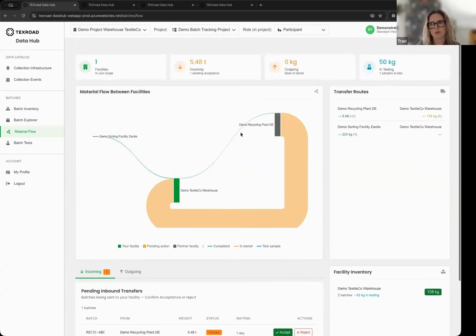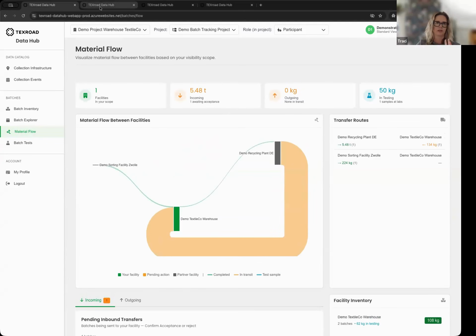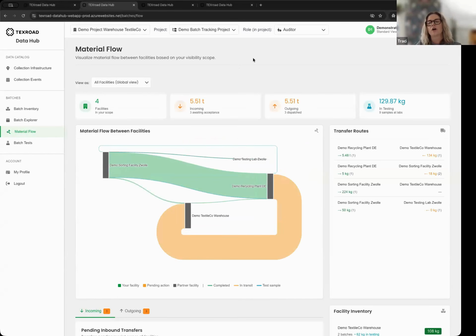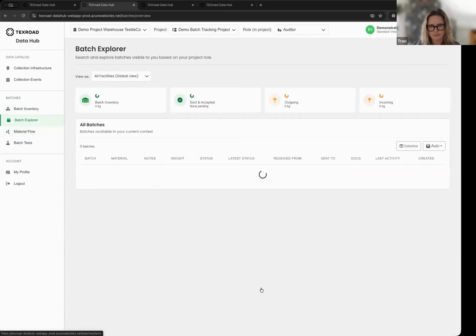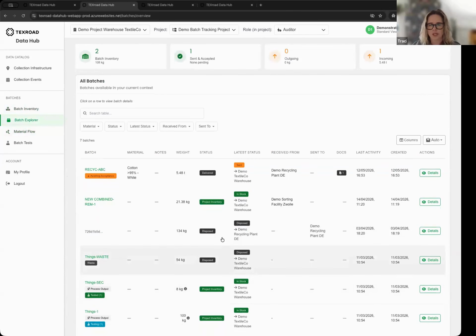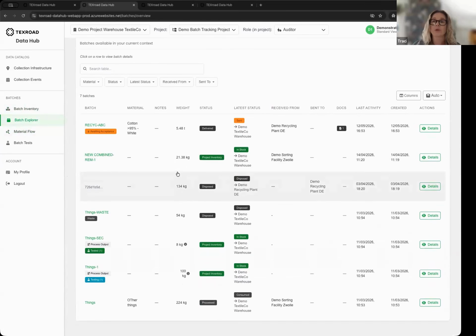Lots of different information is available here on an individual project partner level. There's also what we call an auditor view, for if you're a project lead or a work package lead and you should have access to more information. This auditor view allows you to see all of the flows between all of the partners, all of the active inventory, and all of the historic batches that have been flowing through a project. So it's very, very flexible, controllable access and different ways to centralize that information within a project and take some of the inefficiencies out.